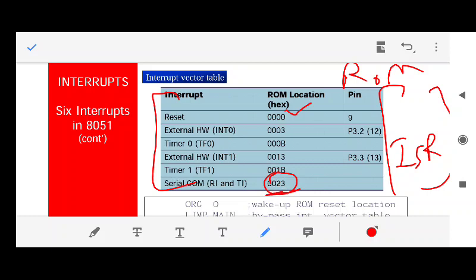So inside the ROM, as a programmer, please listen carefully. When you start using the ROM for storing your program, you leave some space. Why do you leave space? Because from 0000 to 0023, until this space, you cannot use it for writing your program. Why? Because in this space your ISRs, interrupt service routine programs for interrupts, are already written. You cannot use this space.